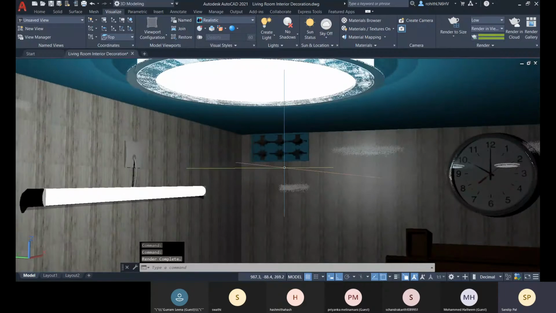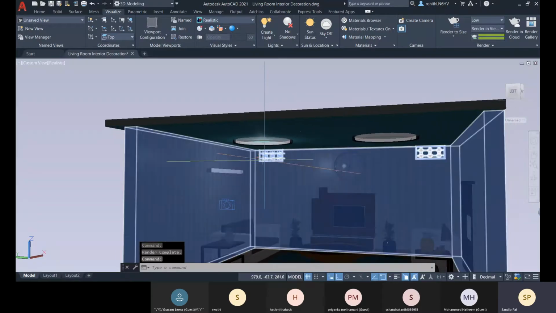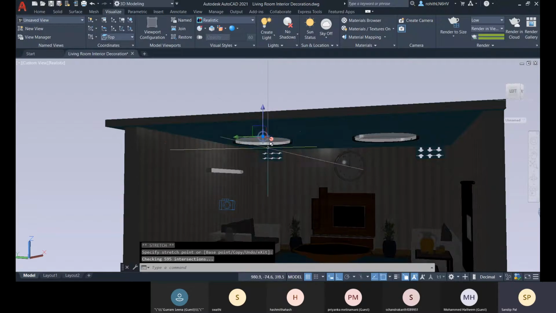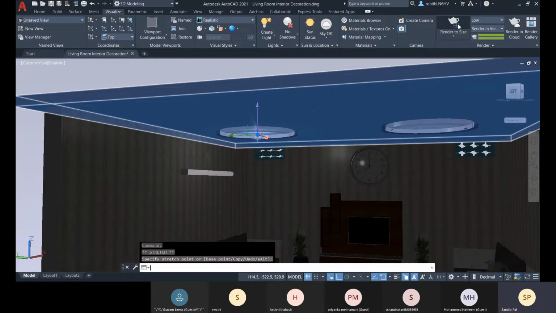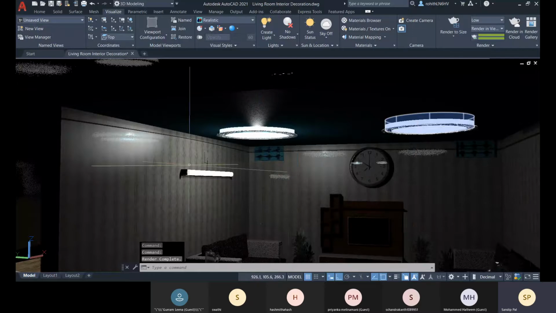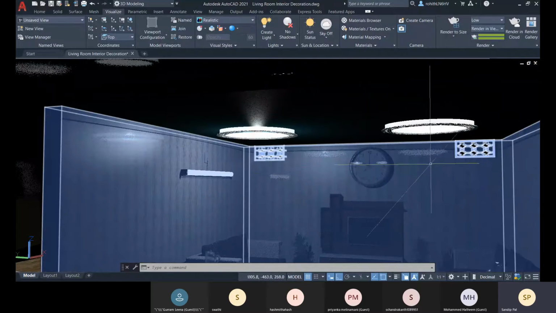Okay, all right. Now if you need more intensity for this light, you can change that.